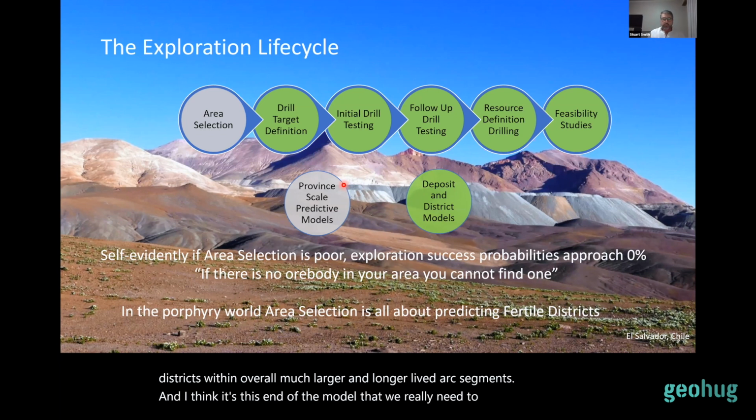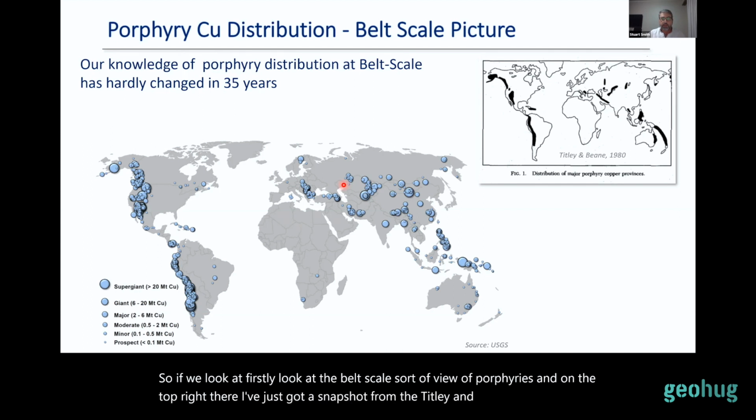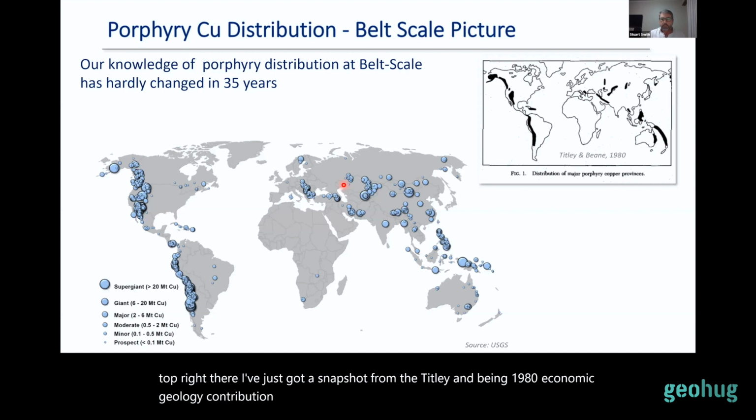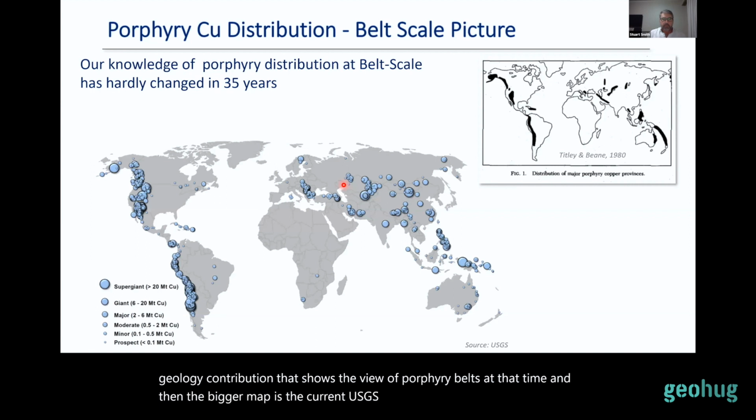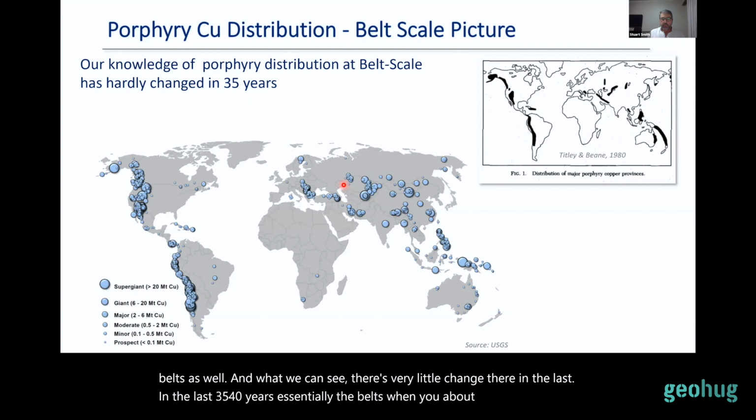So if we firstly look at that belt scale view of porphyries, on the top right there I've just got a snapshot from the Titley and Bean 1980 Economic Geology contribution that shows the view of porphyry belts at that time. And the bigger map is the current USGS porphyry data set, which outlines those belts as well. And what we can see is there's very little change in the last